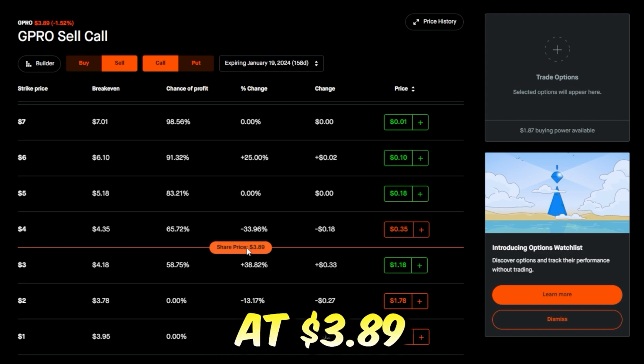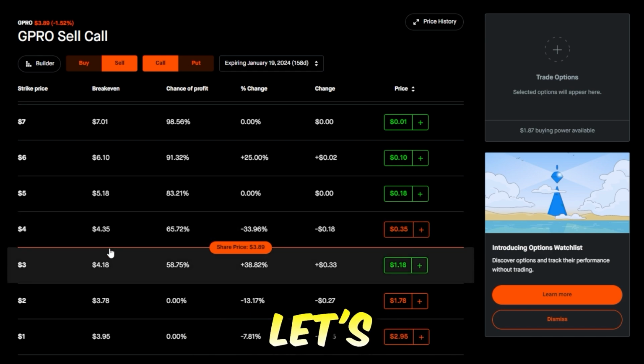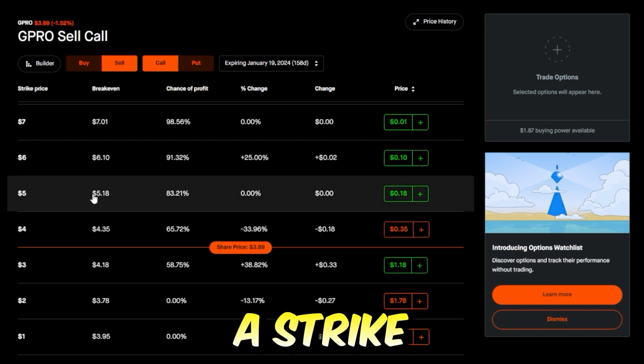GoPro is currently trading at $3.89 per share. So to get 100 shares of GoPro, you would need in theory around $390 or so. So if we were to sell a covered call on GoPro, let's say we bought 100 shares of GoPro at $4 per share. Let's say we want to pick a strike price of $5 per share for GoPro,